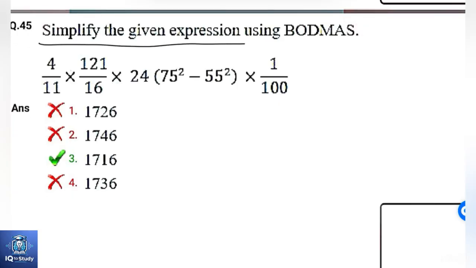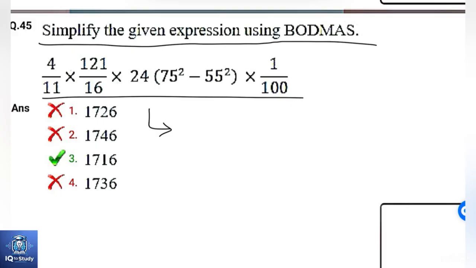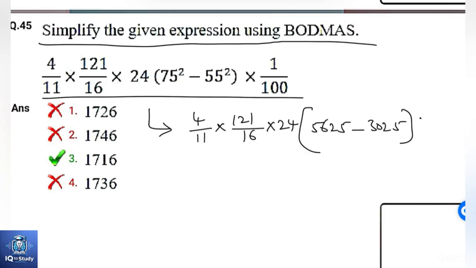Simplify the given expression using BODMAS. The given expression is 4 by 11 into 121 by 16 into 24 into 75 square minus 55 square into 1 by 100. By using the BODMAS rule, we can simplify this as 4 by 11 into 121 by 16 into 24 into 5625 minus 3025 into 1 by 100, which becomes